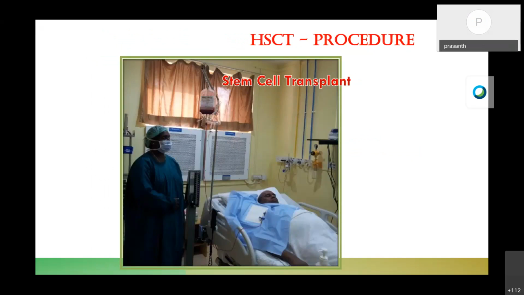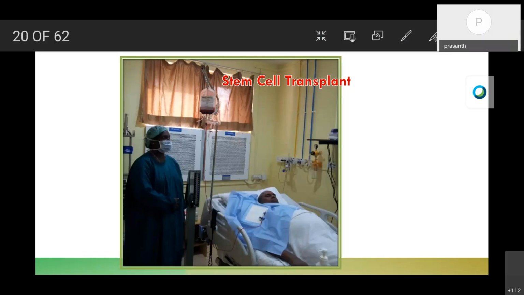Many people have the wrong concept that the bone marrow transplant actually involves pushing the stem cells into the bone marrow. That is almost never done. So you just put these stem cells back into the peripheral blood and they know where to go. They just go and sit in the bone marrow and start producing blood from that point of time. So it takes time, but